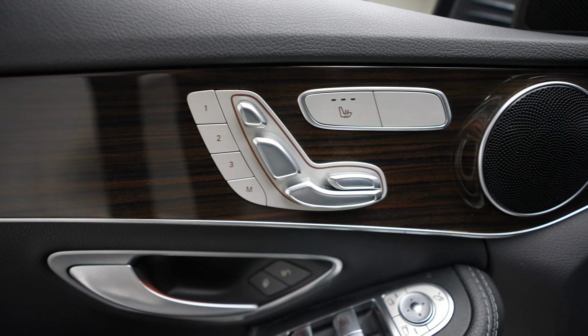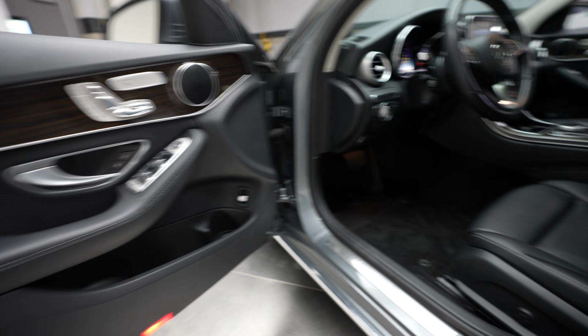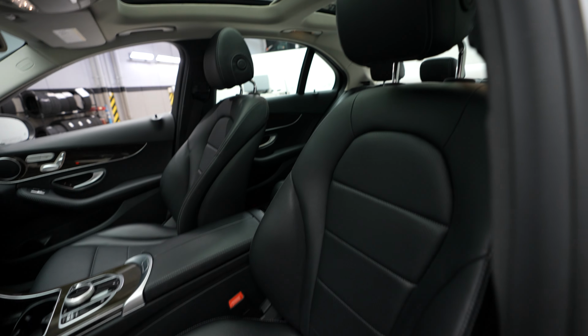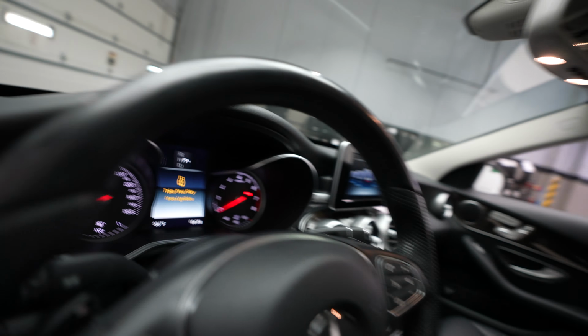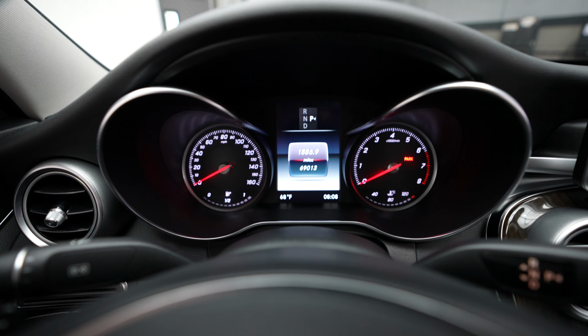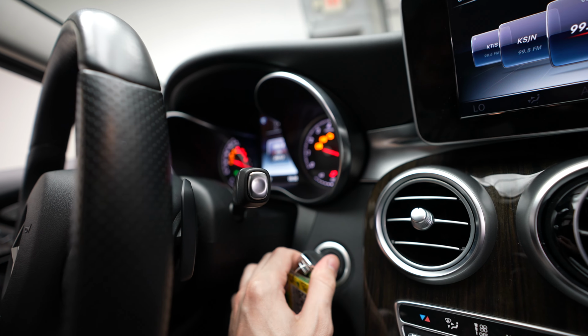Memory seats, driver seat controls, heated seats, driver door controls, driver seat, steering wheel. The mileage on this vehicle is 69,013, a turnkey ignition,